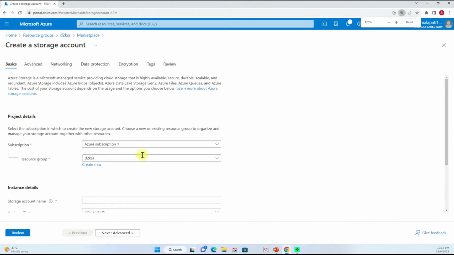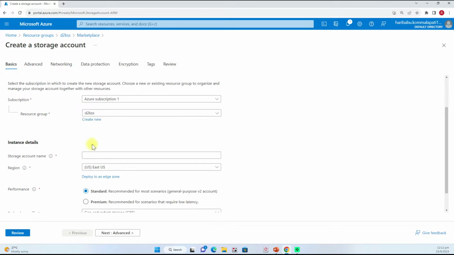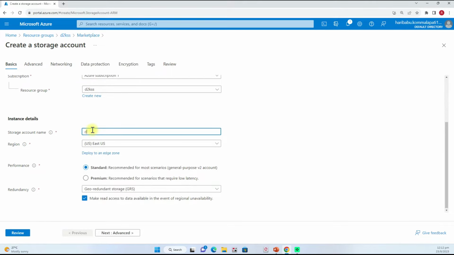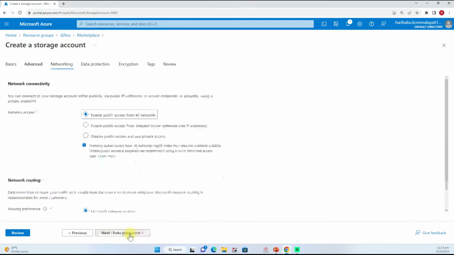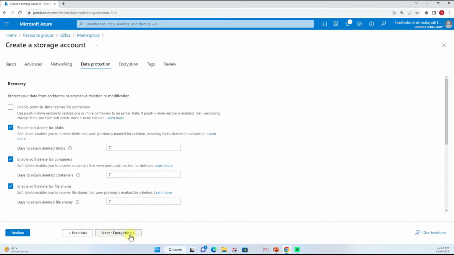I will choose the resource group D2KSS and the storage account name D2KSS storage account, standard, and I will choose redundancy as local. Advanced, just keep the default settings as they are and click on review